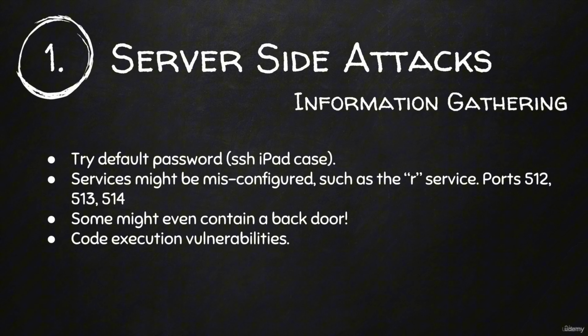Some of them might even have backdoors, and we'll see an example of that. And a lot of them would have vulnerabilities, such as remote buffer overflows or code execution vulnerabilities that allow us to, again, gain full access to that computer. Now, the simplest way of doing this is something that we've seen before, which is using ZenMap. So we use ZenMap using the IP. We get a list of all of these services and then Google maybe each one of them